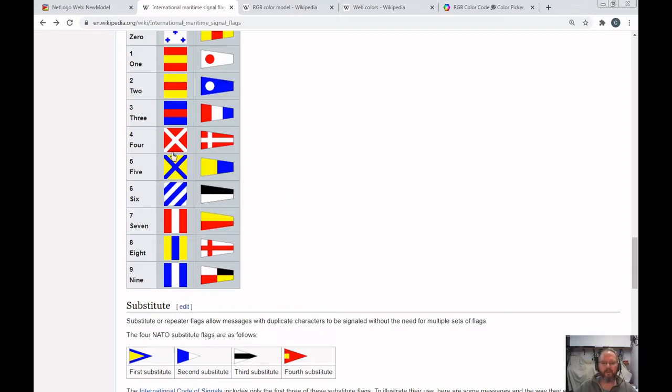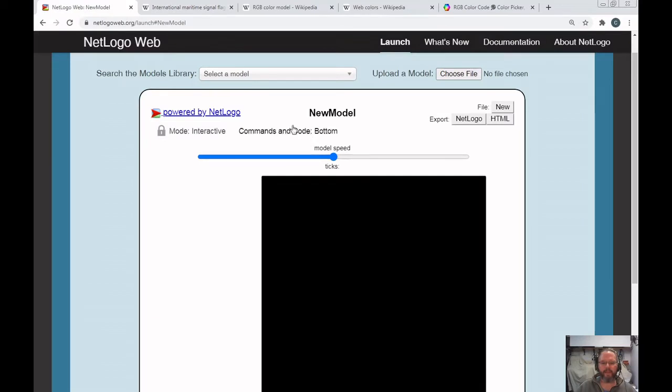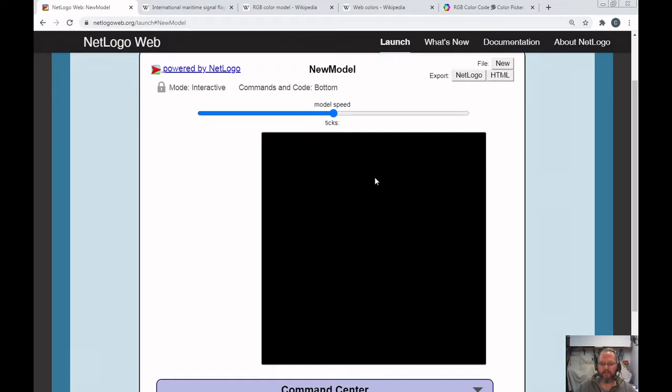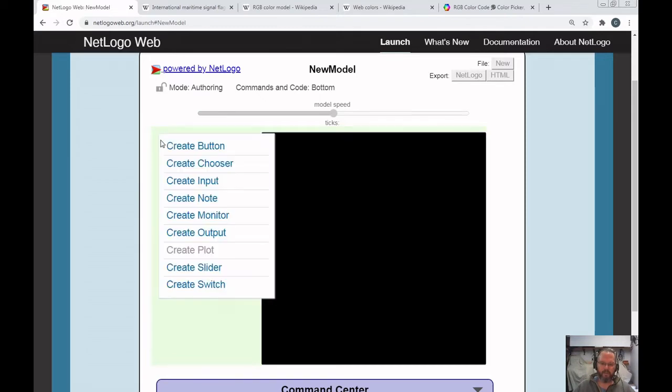So the first thing I want to do is bring up NetLogo. And again, the web version if you have that. And really the only thing we're going to need to do to get started on this is we need to start off unlocking our little padlock here. So again, I'm going to unlock this. You can tell it's unlocked when the little light green color comes up. In the top left hand corner, I'm going to create a button. I did that by right clicking. Again, if you are on a Mac device that doesn't have a right mouse button, if you use two fingers at the same time on the mouse pad, that'll bring up this menu. Select create button,